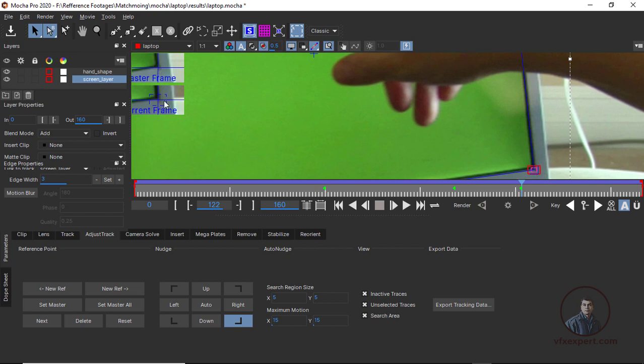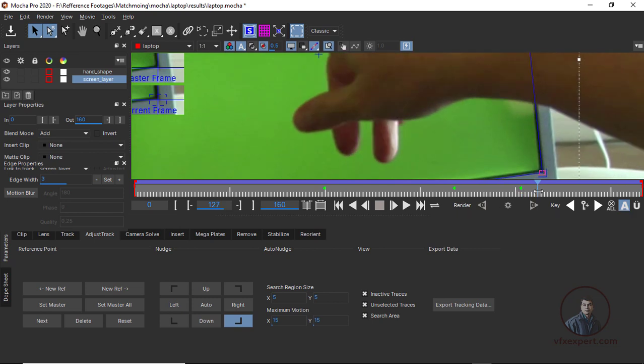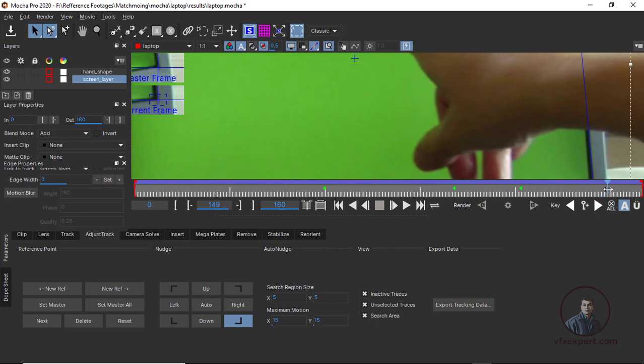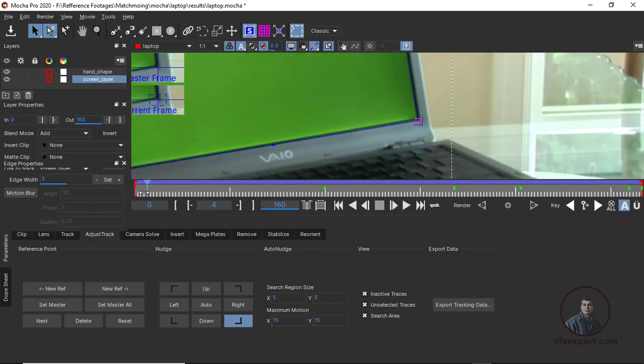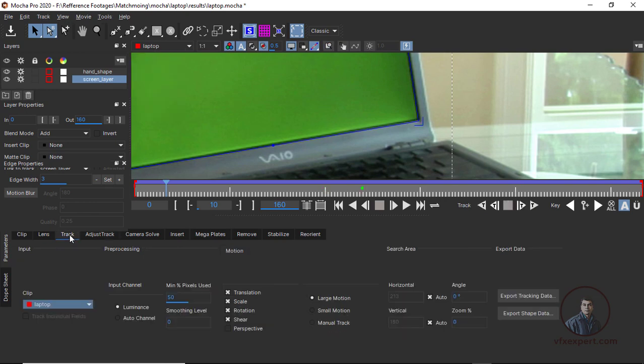I think again, if frames are not adjusted automatically, then you can use these options, meaning left, right, or up and down. Okay, now simply click right, you will see a little bit of movement here. Now again click on left, now you will see here. Okay, now again move a little bit. I think both frames are matching perfectly. Okay, after this, simply click on track.